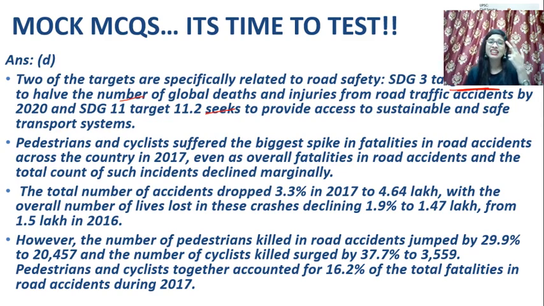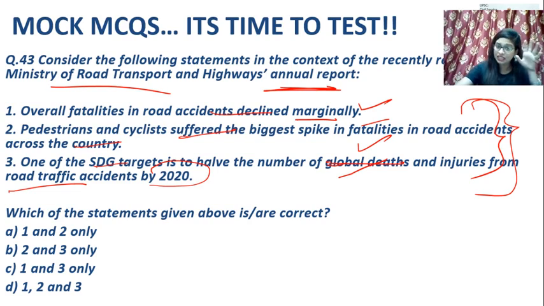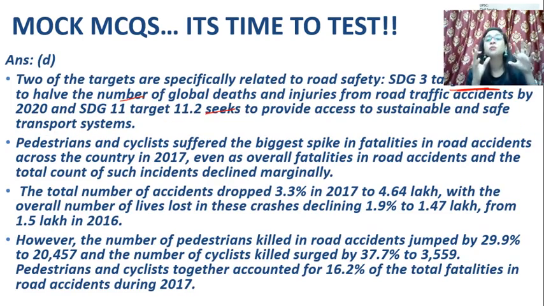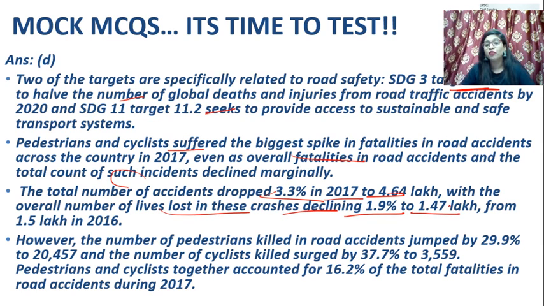And talking about the pedestrians and cyclists, as given in the question, they suffered the biggest spike in fatalities from road accidents across the country in the year 2017. So they wanted to reduce that. The total number of accidents decreased by 3.3% in 2017 to 4.64 lakh, with the number of lives lost declining by 1.9% to 1.4 lakh from 1.5 lakh in 2016. From this data, you can understand the improvement that has taken place in the reduction